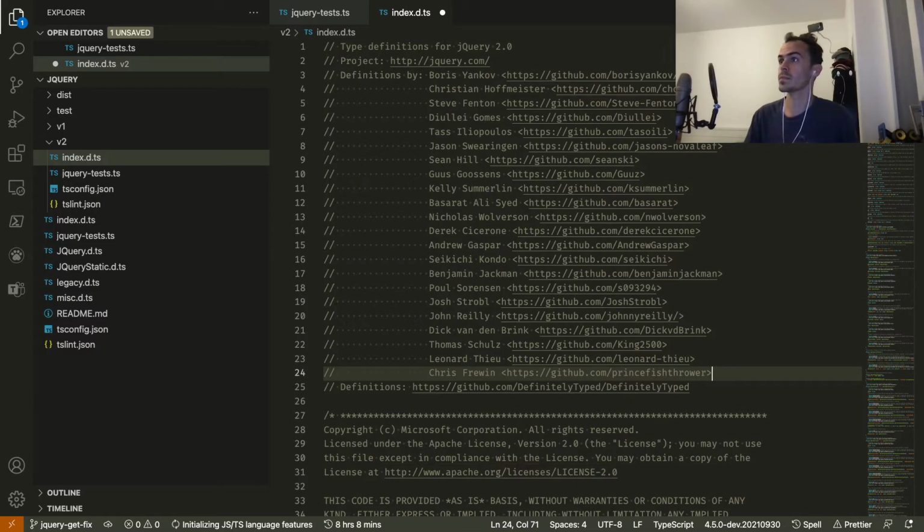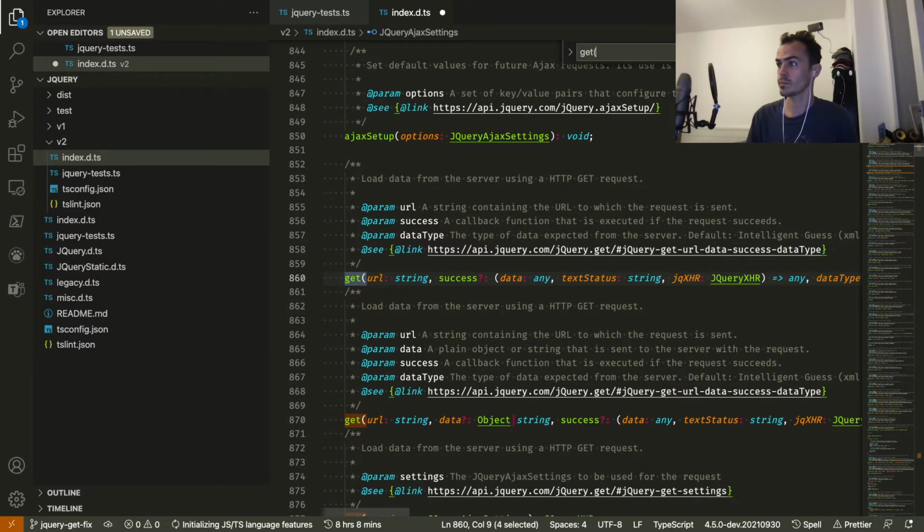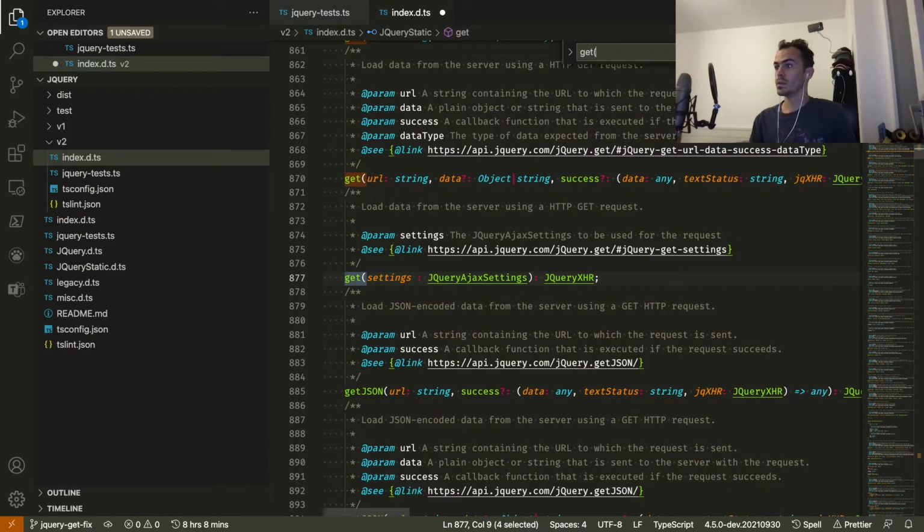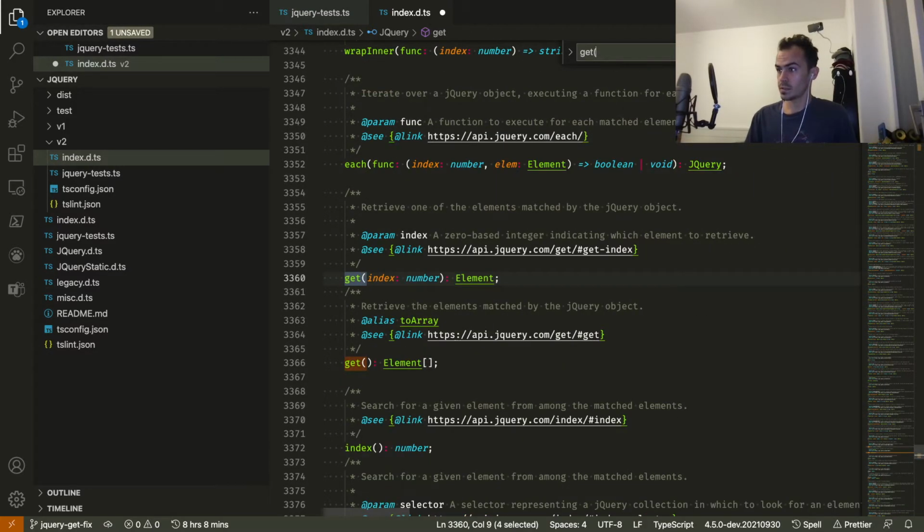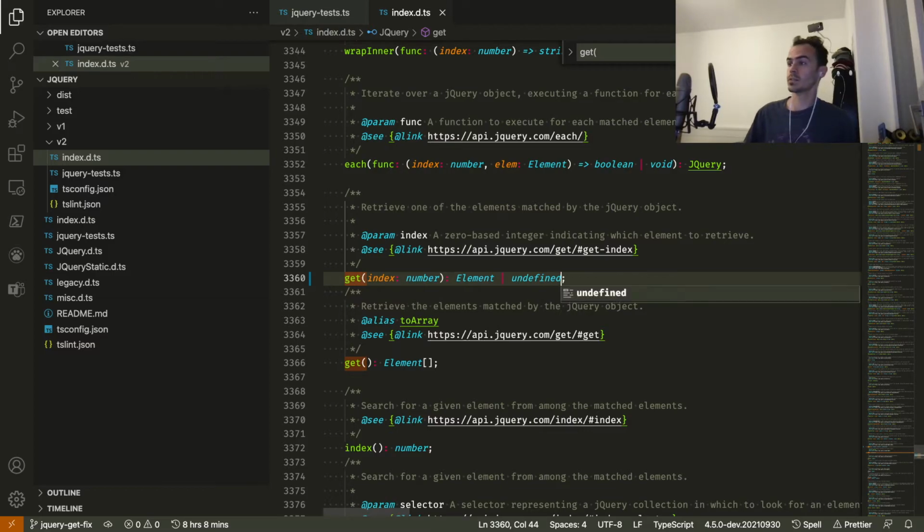Alright, let's just go to this get. Is it? Here we go. The first pull request of Hacktoberfest for me is somewhat underwhelming, I would say. Undefined. Alright.